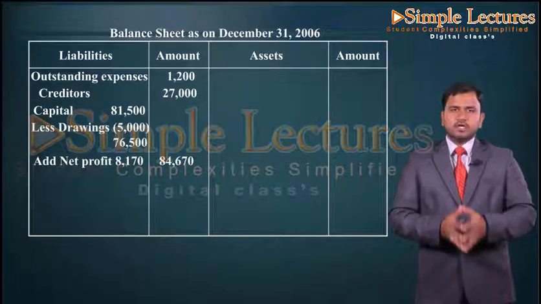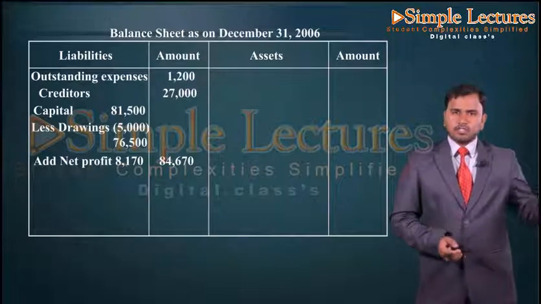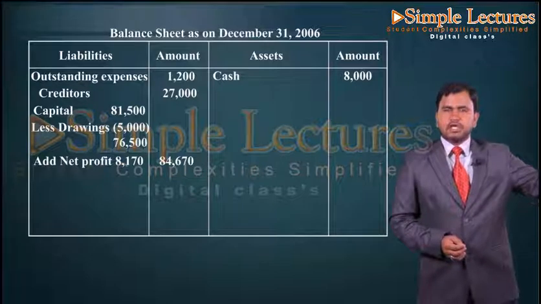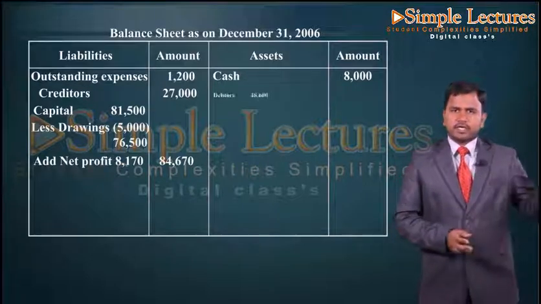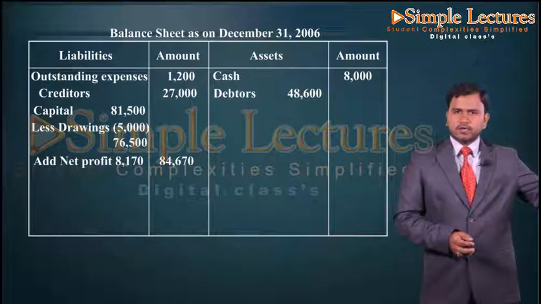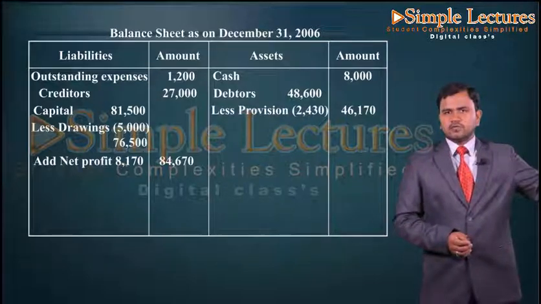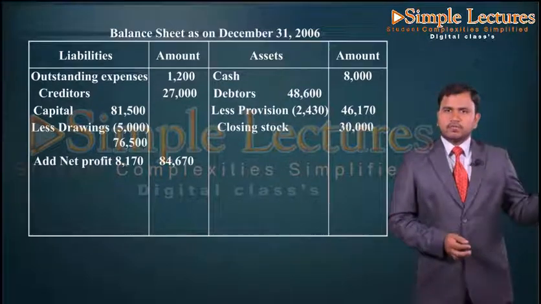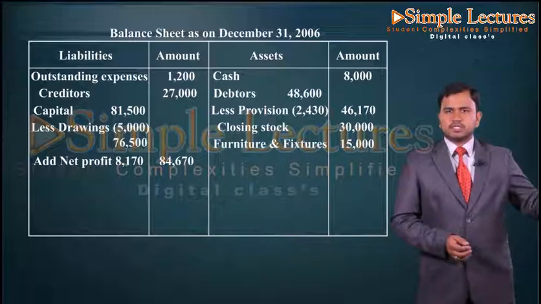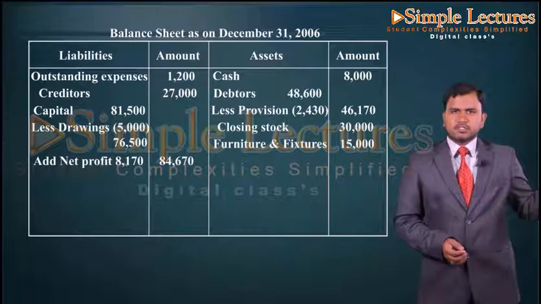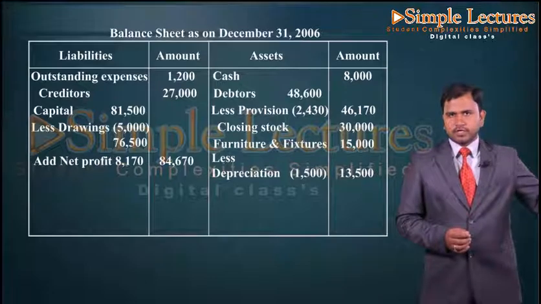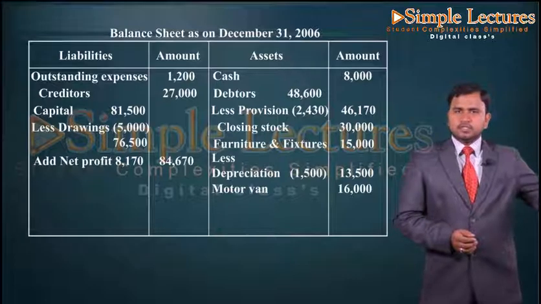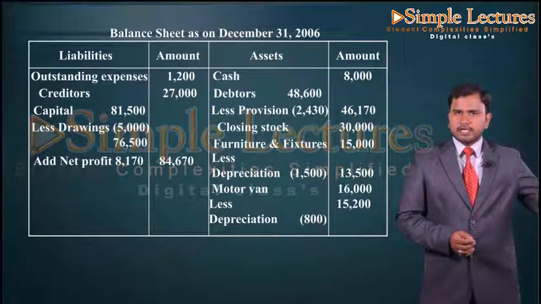84,670. So once we are done with the liability side, let us come to the asset side, where first we are going to take the cash balance, which is the closing balance of cash 8,000. Then we are going to take debtors 48,600 in the inner column, less provision 2,430, and to the outer column 46,170. Then closing stock 30,000, furniture and fixtures 15,000, the actual price, less depreciation 1,500, outer column 13,500. Then motor van 16,000, less depreciation 800, and outer column